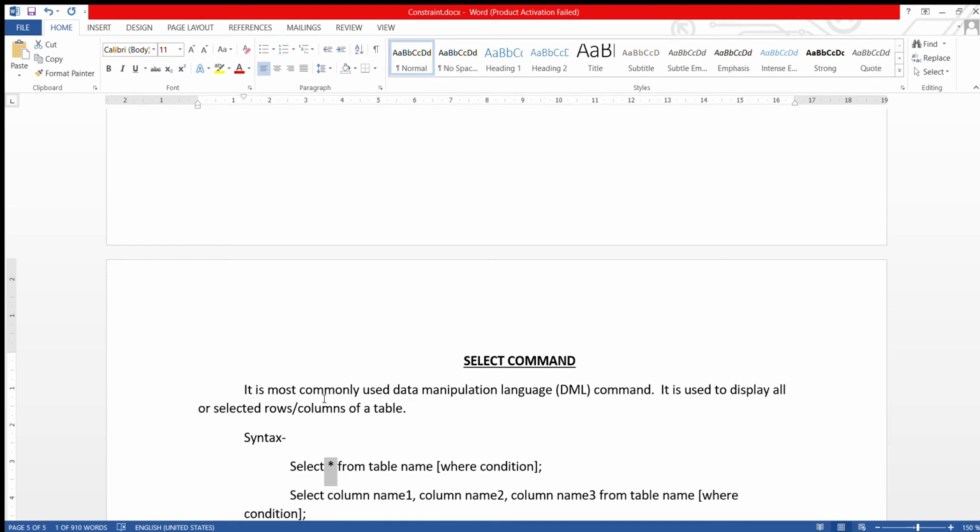As explained before, we can display rows or columns with the help of the select command. So whatever we write between select and from is related to the columns only.